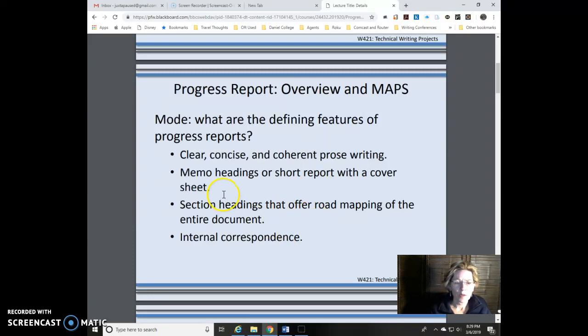So depending, what I'd like to see is a lot of headings. What bosses like to see is a lot of headings. This is really helpful to define giant blocks of text, and it allows the reader to skim to that specific piece of information that they're looking for, particularly a boss who's very short on time. A progress report is often considered a type of internal correspondence, usually to a boss. Sometimes you're sending a progress report to a client, possibly. You might send something once a week just to say, here's where we're at. Let's take a look at